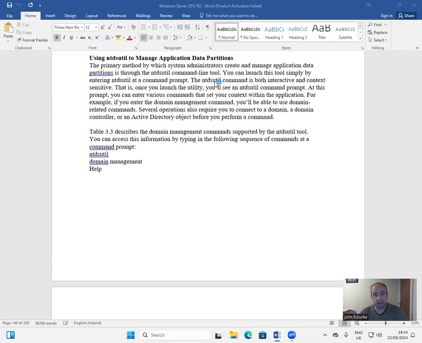The ntdsutil command is both interactive and context sensitive. That is, once you launch the utility, you'll see an ntdsutil command prompt. At this prompt, you can enter various commands that set your context within the application. For example, if you enter the domain management command, you'll be able to use the domain related commands. Several operations also require you to connect to a domain controller, or an Active Directory object before you perform a